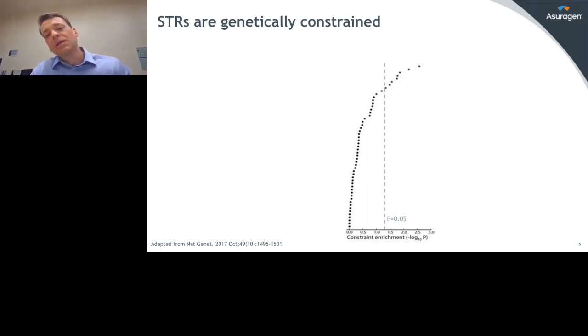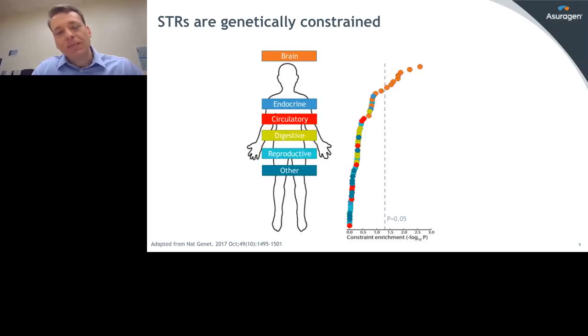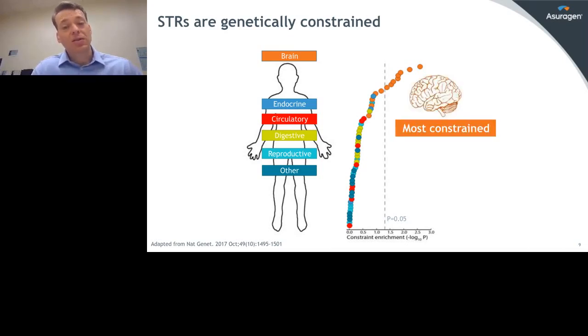The way this study was conducted was to take data from the GTEx database and look across different tissues and compare the impact of STRs with the top 20% expressed genes compared to the bottom 80%. And ask the question, are the top expressed genes more genetically constrained with respect to STRs? Do they differ from one tissue to the next? And what they found was that they are constrained. In almost every tissue, the level of genetic constraint was highest in the most highly expressed genes.